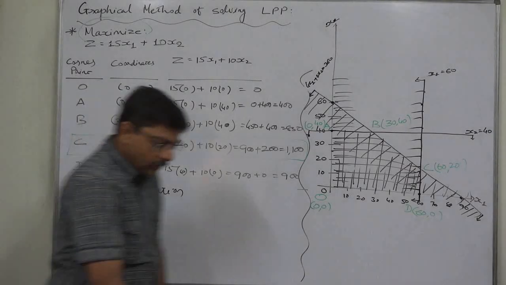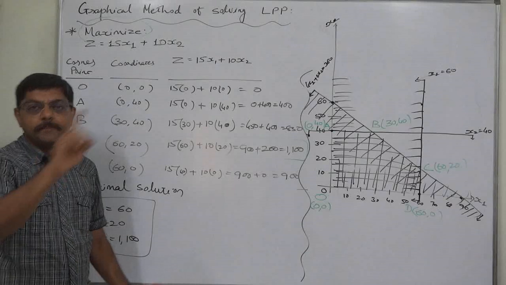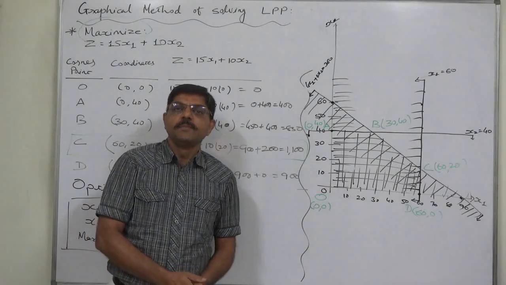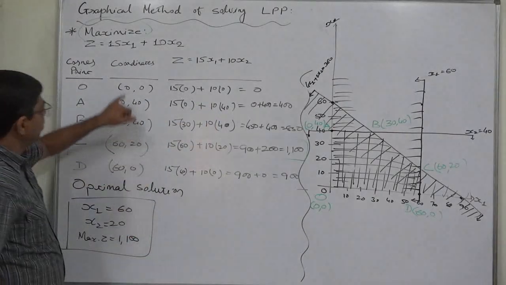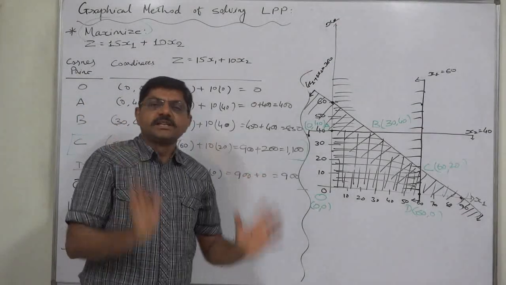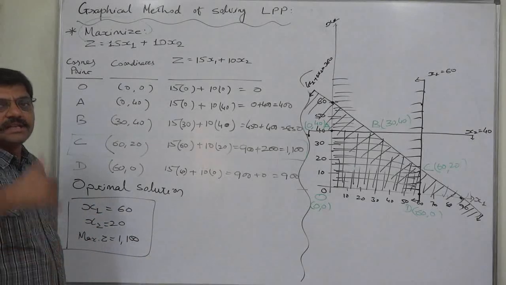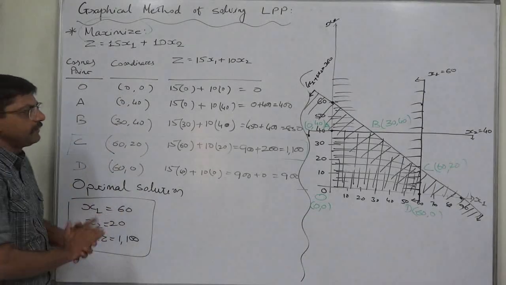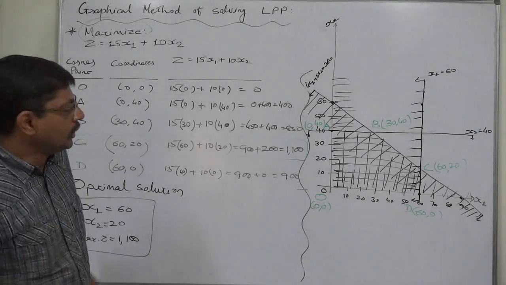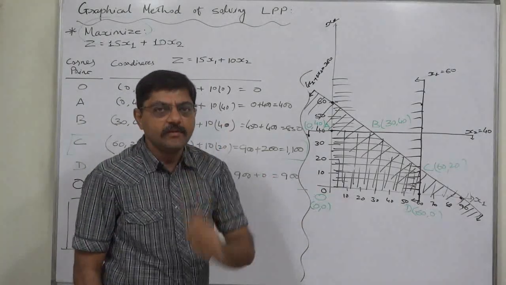Now I suggest you solve this problem by the simplex method. We already have a separate playlist on the simplex method as well as the big M method, and since this case has all the constraints with less than or equal to sign, we can solve this by the simplex method. So I suggest you solve this particular problem by the simplex method and observe what exactly happens. You will find at the end of each and every simplex table